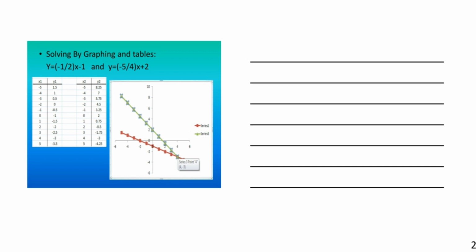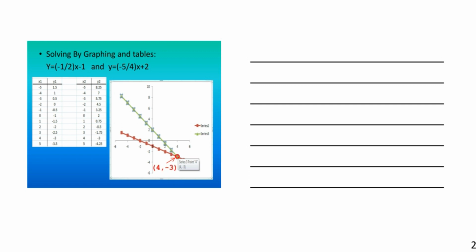Solving by graphing in tables. Okay, this one might be a little bit more straightforward. Do notice that on our graph we can see where the two graphs intersect each other. Where do they intersect? Roughly the red dot there, right? Right there. The coordinate may be hard to see on the written portion, but we can state that it is at